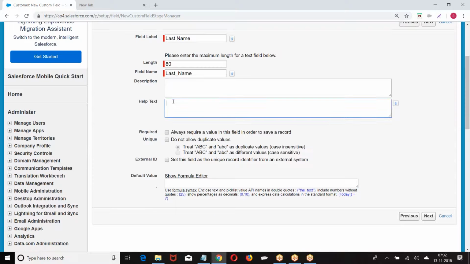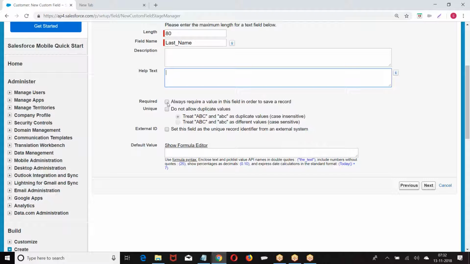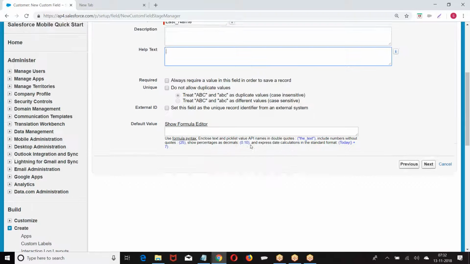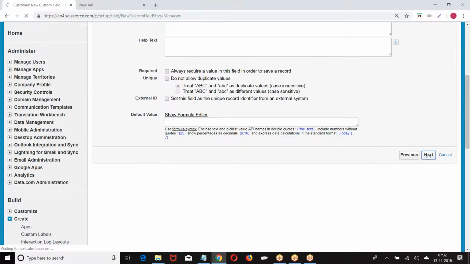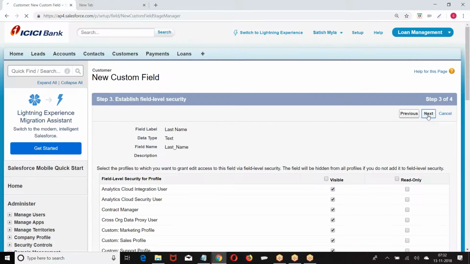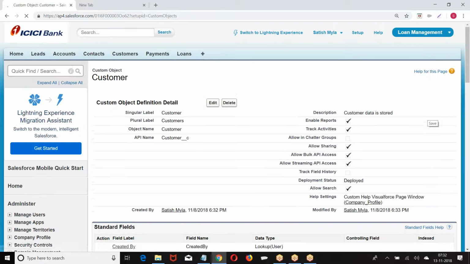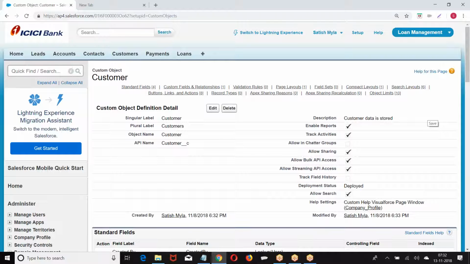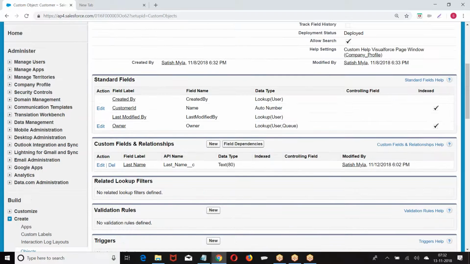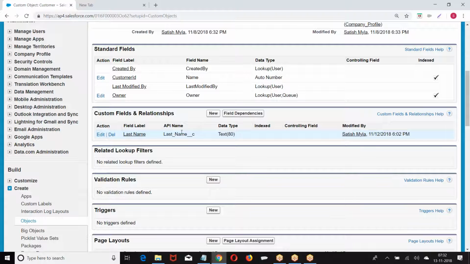You can give help text, make it required, unique. I'm not touching any of these. I just give the field name, next, next, save. We're not worried about all the options. When we get to that concept, we'll come back and see what next is. Right now, we only know creation of fields. We don't know anything about profile and permissions, so we're just giving next.